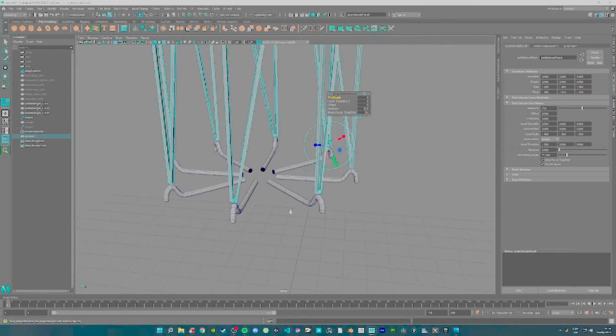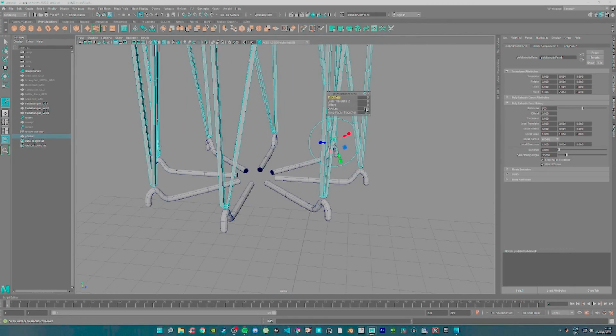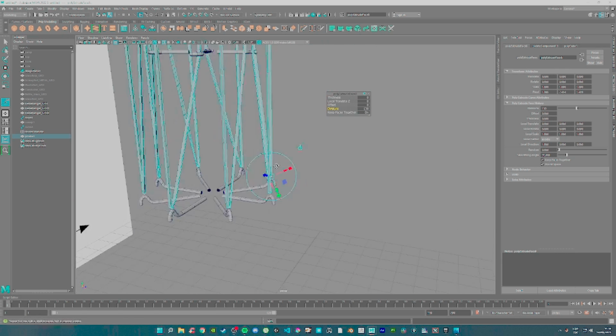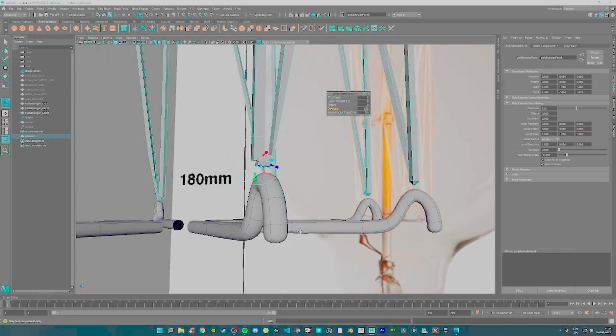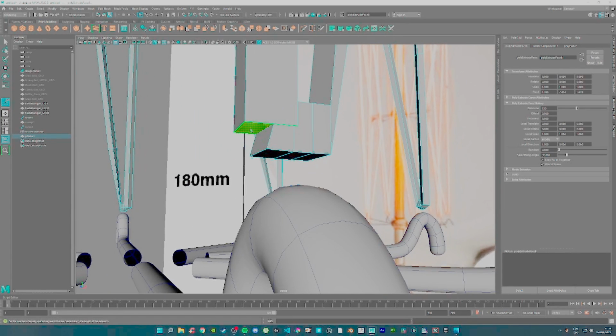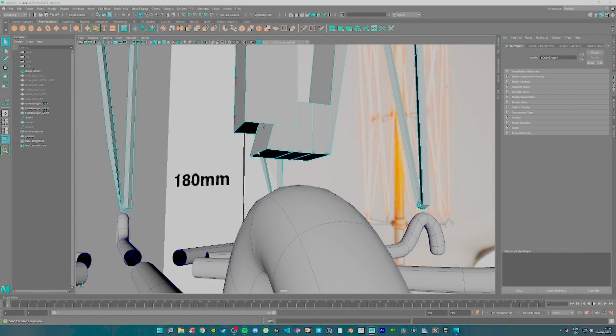But maybe we can go down. Oh, we can go 250. There's nothing really going to make it even. Let's just go 150. It's good enough. And we can delete that, and we can delete that, and we can